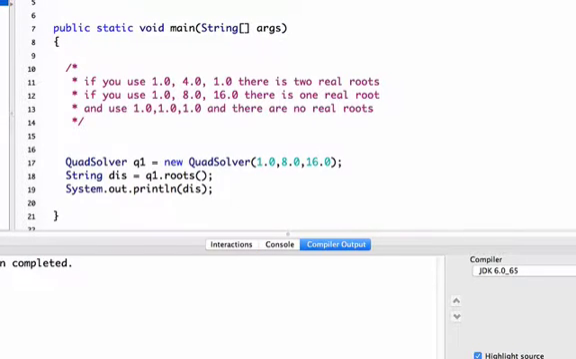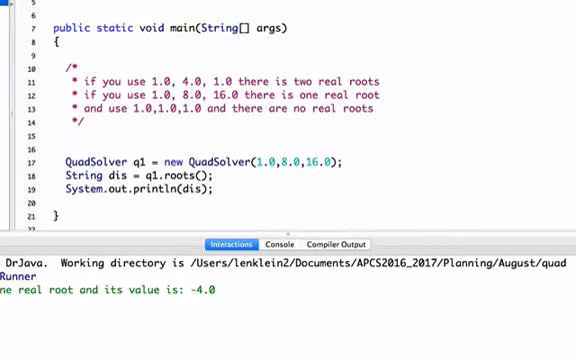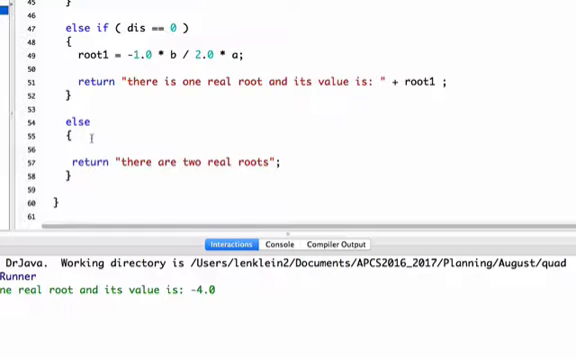And it tells me that there is one real root and its value is minus 4. Okay, so let's go back and finish this. So now I'm going to have